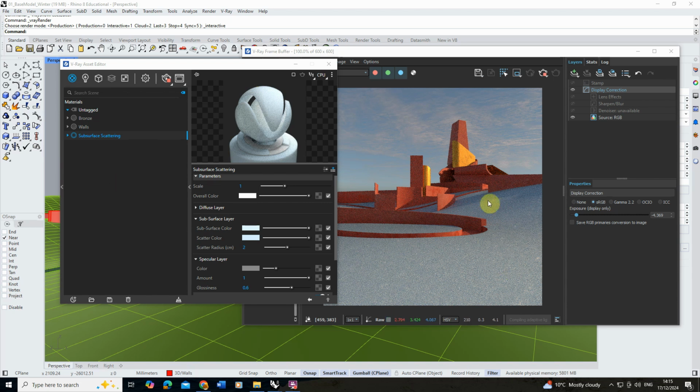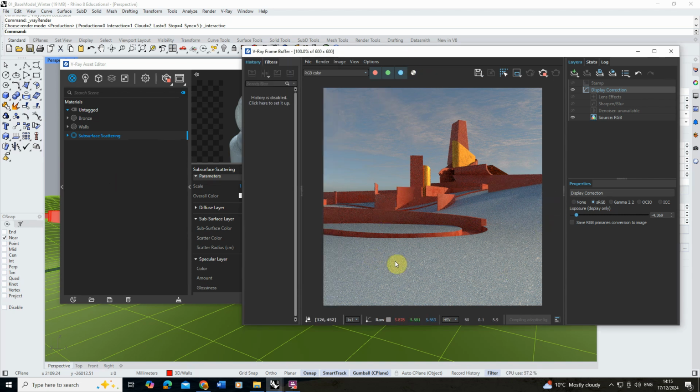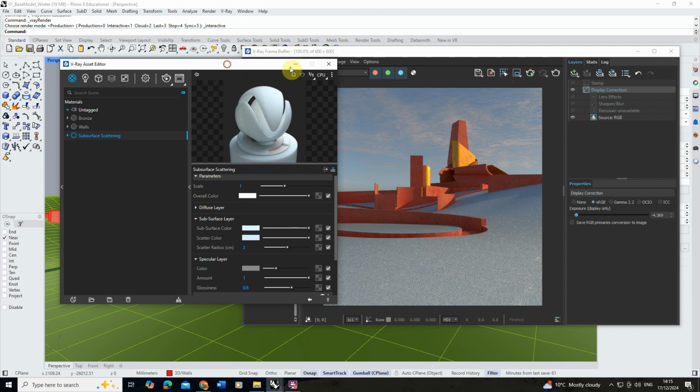So that's our base material there, and you can see that's working quite nicely to give us that snowy effect across our landscape. The next thing we're going to do is add some more detail in, and I want to add some snow on the top of some of these walls and also on some of these sloped surfaces here to give the illusion that it's just snowed and you've got snow that's settled on some of these surfaces. Now to do this, I'm just going to pause my render again,